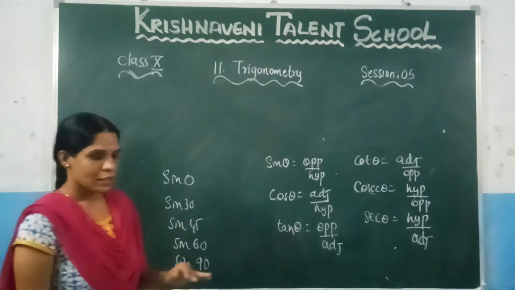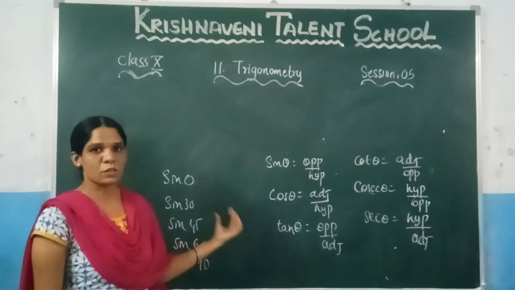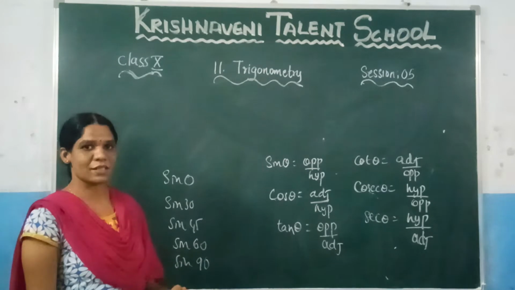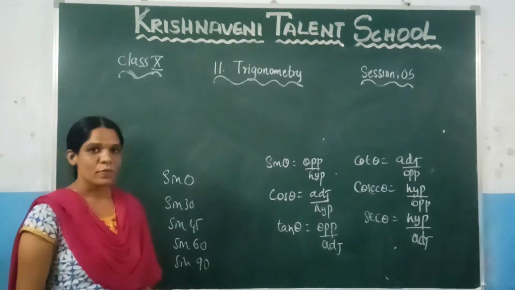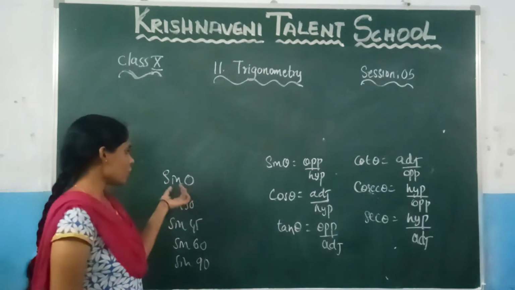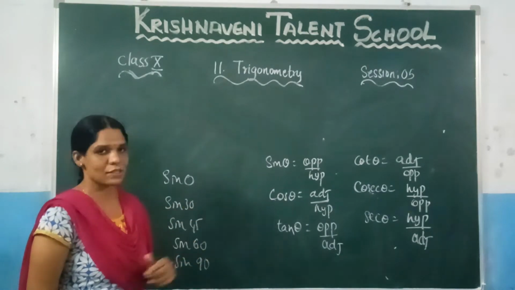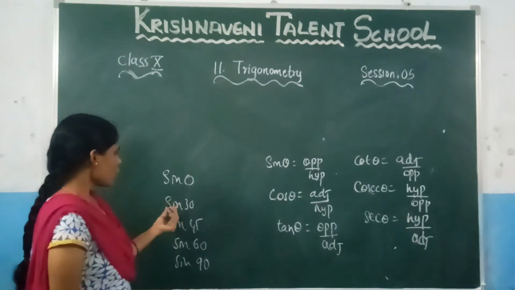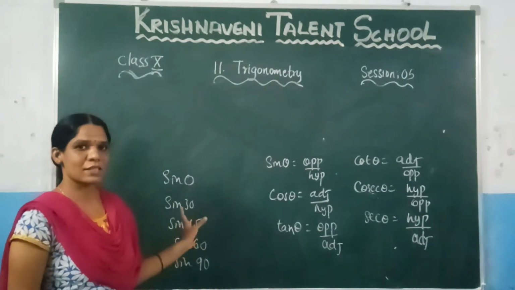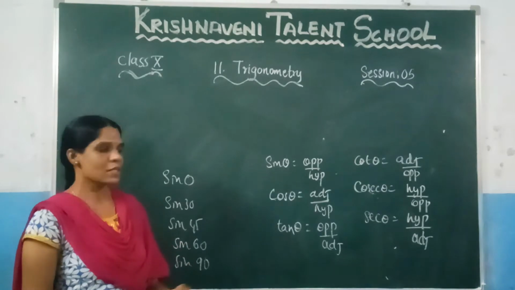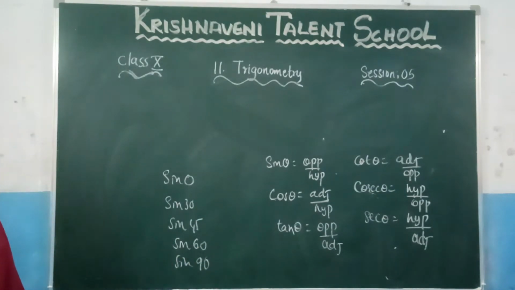And in your class or in your chapter, only these specific angles are defined. Now let us see what those are: 0, 30, 45, 60 and 90. We are going to discuss what is the value of sin 0, cos 0, tan 0, cot 0, cosecant 0, secant 0. And then again what is the value of sin 30, cos 30, tan 30, cot 30 like that. Like that we will discuss all these specific angles regarding these trigonometric ratios. Now let us see how to find those.